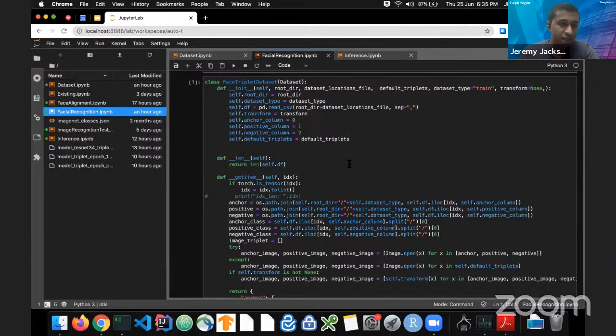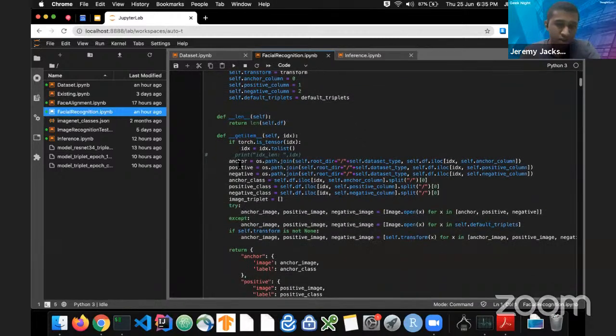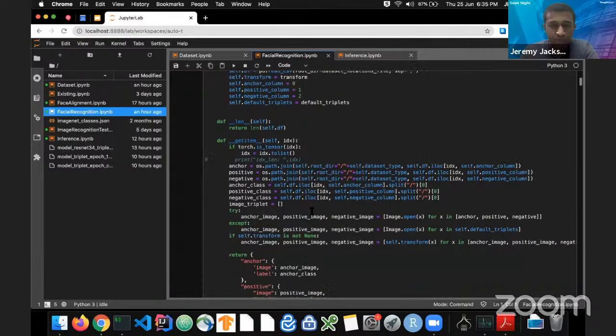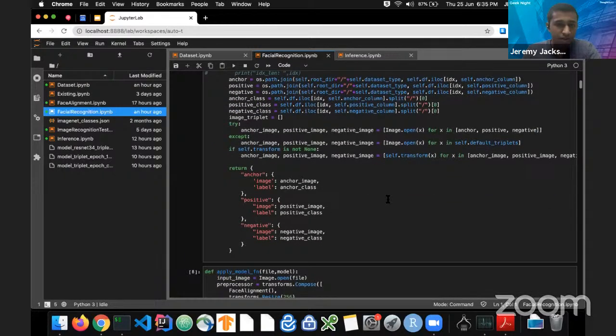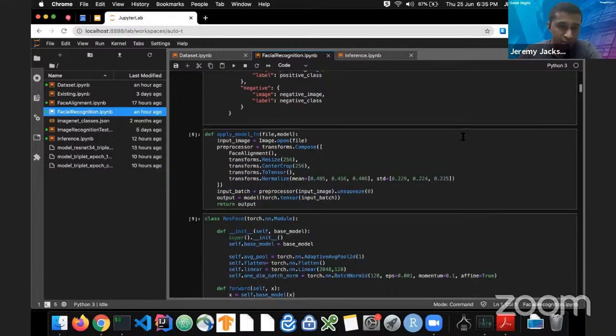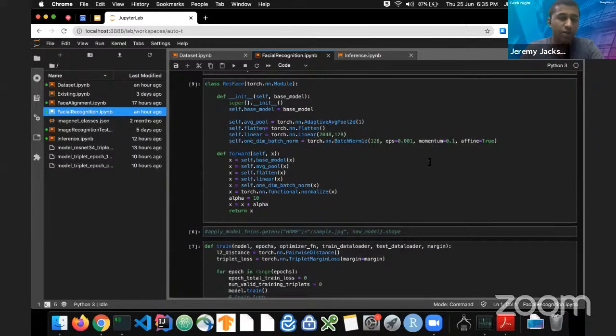These are all abstracted away by PyTorch, and we are getting the information about these triplets from the CSV that we just generated. And there's some data cleaning to provide a default triplet in case there is some corrupted image inside the dataset. And this brings us to our model,